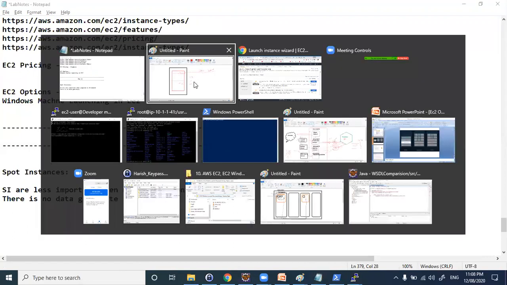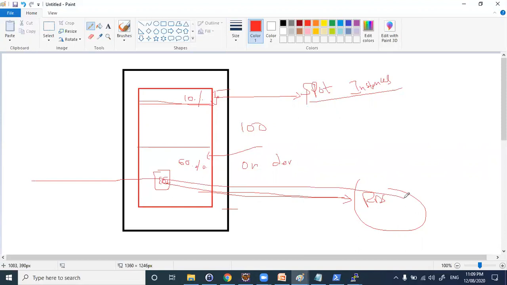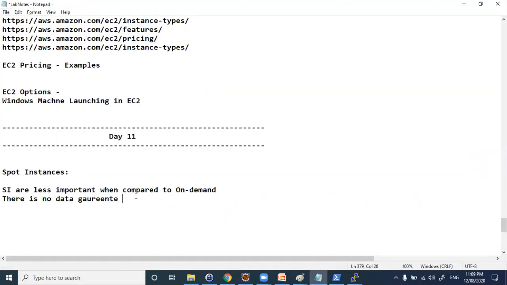Then you can ask, what is the point? Then why do I need to use this particular EC2 server, right? So usually you will not keep data in your EC2 servers. You will keep it in an RDS machine. All your EC2 servers you can use as a web server, and make sure that whatever data the customer is accessing will be pushed to RDS. So no data should be kept in a spot instance. That's what they tell. There is no data guarantee. So we use spot instances for applications where data is not required.